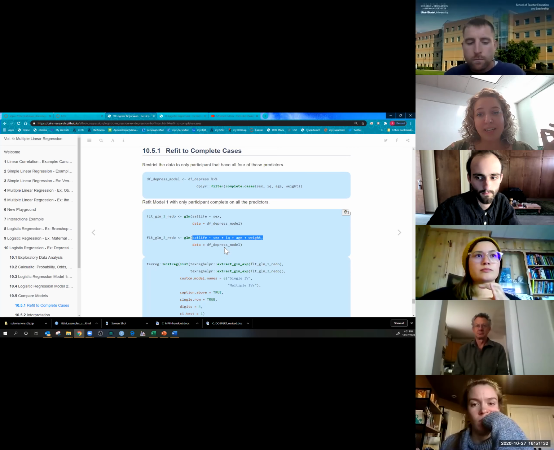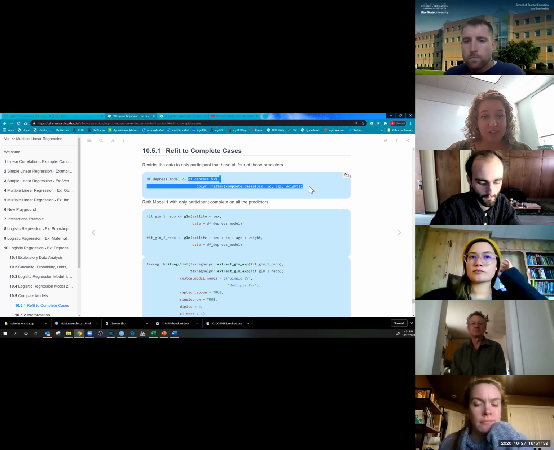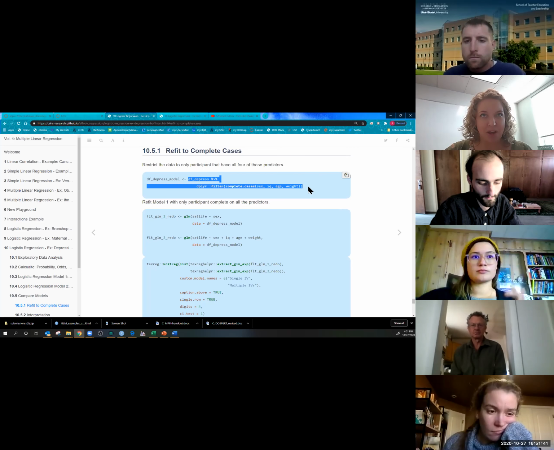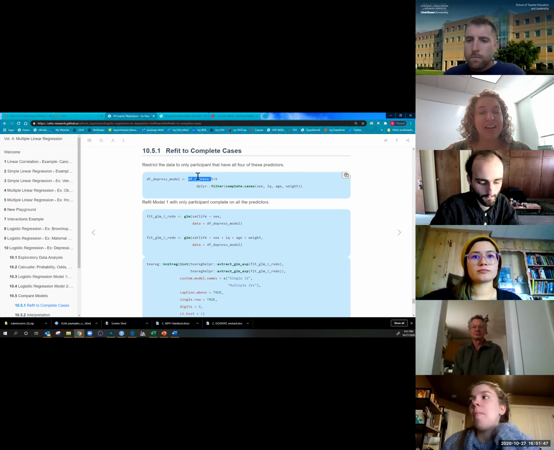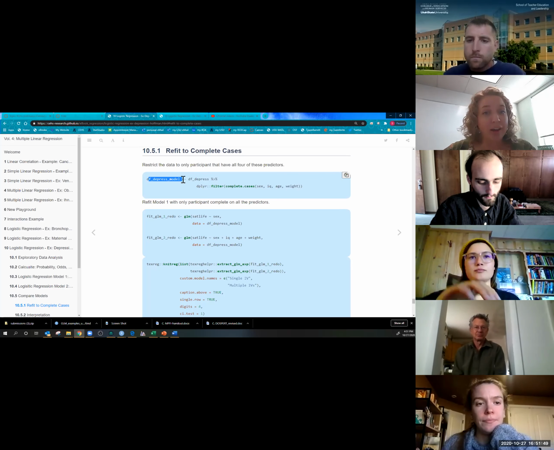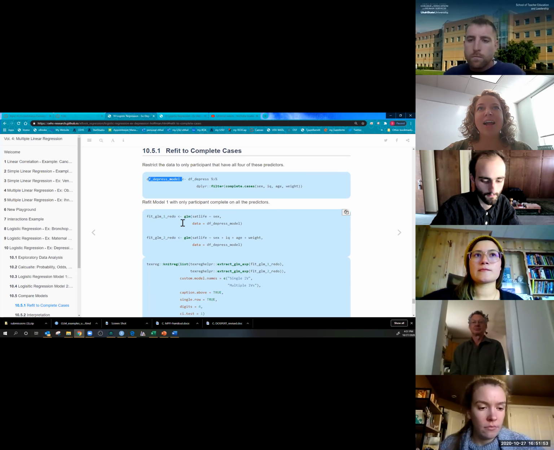So the only way to get around this is to take your data set and filter it down to people that are complete on all of the variables in the most complex model. And I'm saving this as a different name. So my original data set was DF depressed, and now I'm going to call it DF depressed model or reduced or complete, give it another name. And then you're going to rerun your models on that new